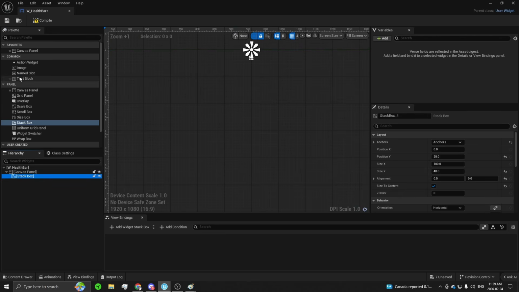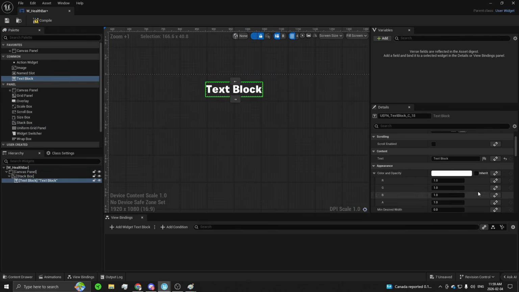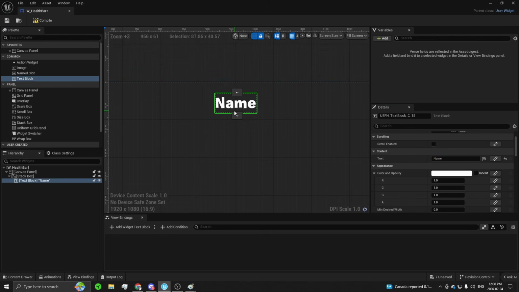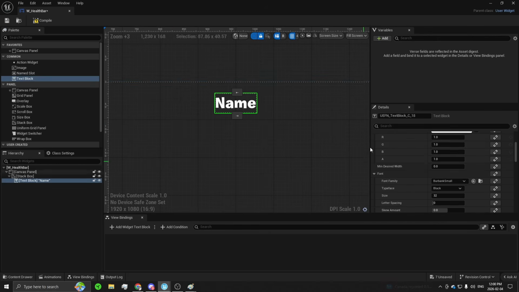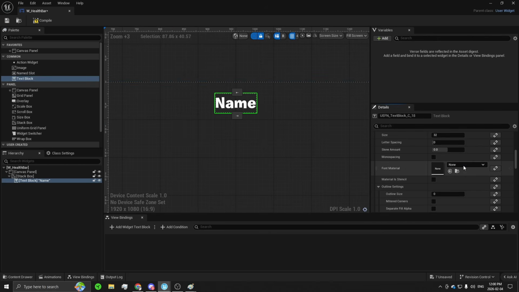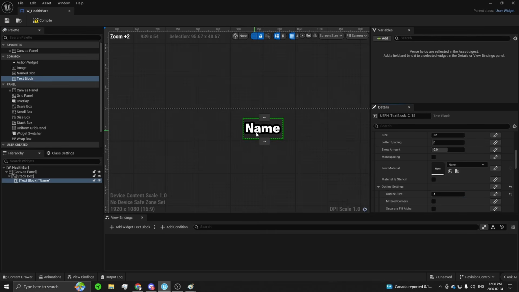Then to start, we're going to want a text block. So this is going to be kind of the name of our actual health bar that's going to be showing on the screen. So it'll say something like, whatever you want, technically, but we're going to say something like level 1 rock or whatever prop it is that we're going to be using to represent our harvestables. So you can change some settings on this to make it look however you want, really. I like giving it a little bit of outline, just so it pops a little bit, regardless of what